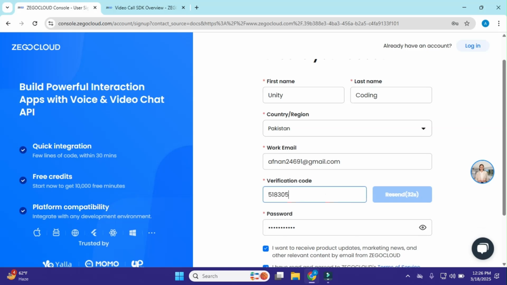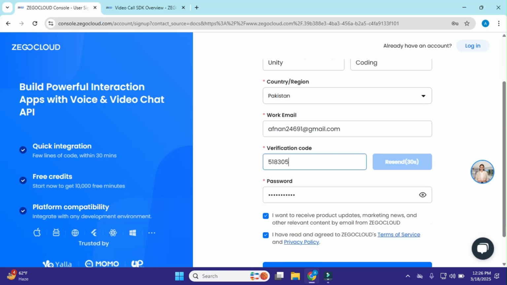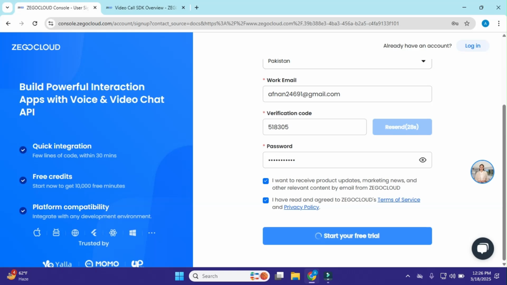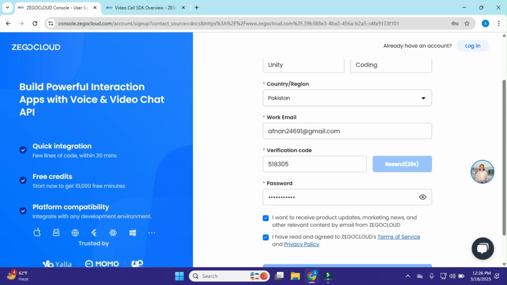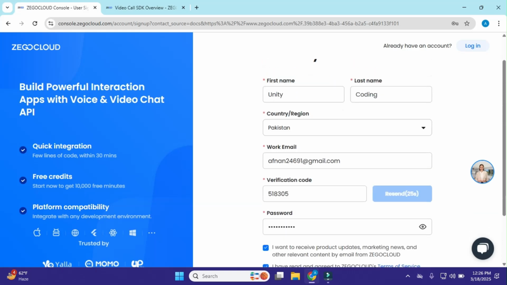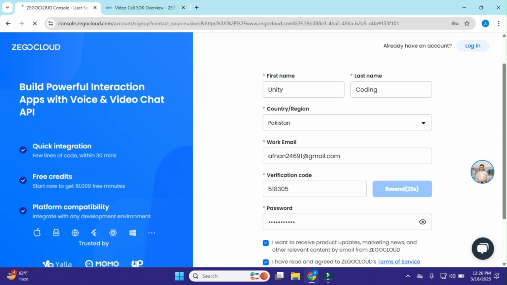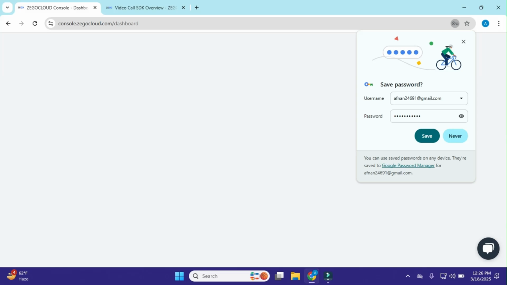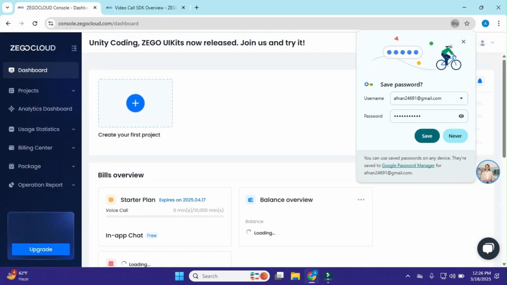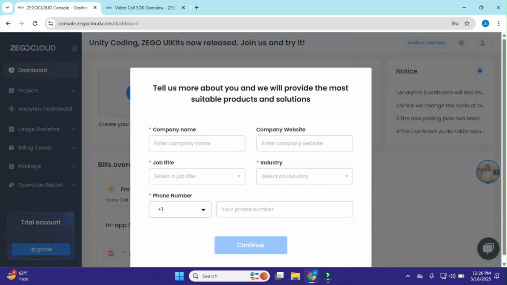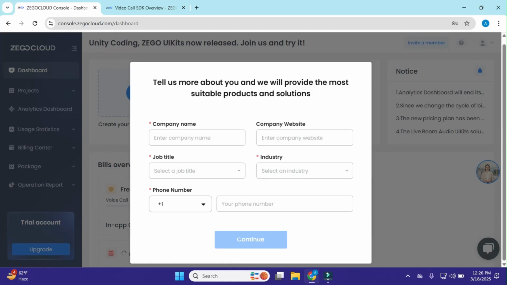So I'll add my verification code and click on start your free trial. Okay, that's great.